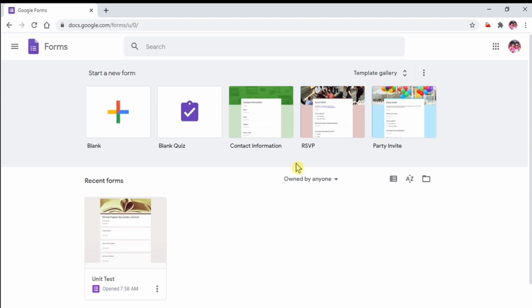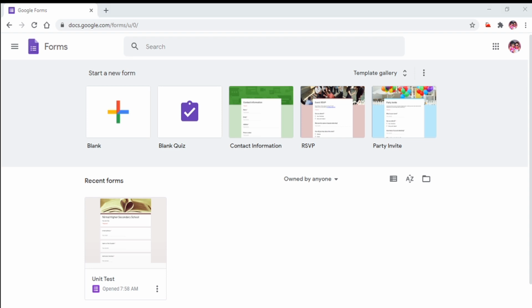Some of you might have a doubt whether you can complete the work as you like at any time. Suppose you haven't completed the work and you need a break, or you are planning to edit it later, you can do it. This page will make it clear that there are the recent forms that you had created. Below the template gallery you will see the recent forms.